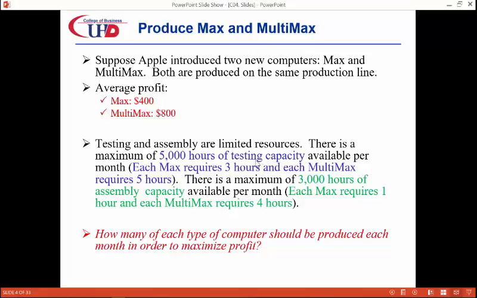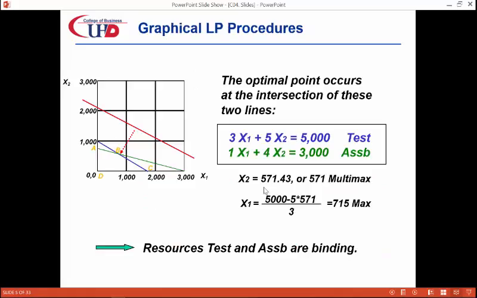Let's recall the Max and the Multimax example we used before. Two computers have different profit margins. Both require testing and assembly. We know their corresponding usage and capacity. We need to use linear programming to figure out how to produce based on the available capacity to get the highest profit. We find that the best production plan will